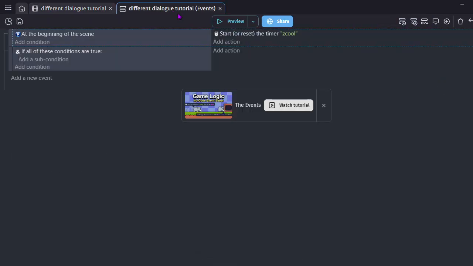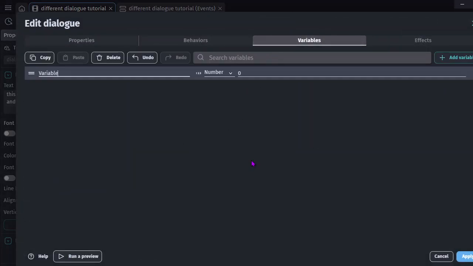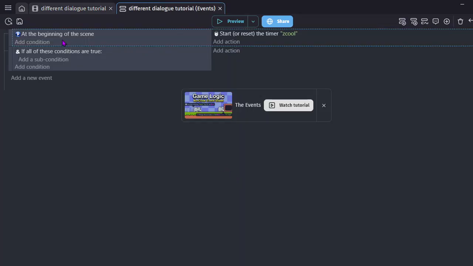So once you have that, you're going to want to do a few things. First off, go into your text and add a variable. You're going to want to name this variable whatever you want to name it. I personally just name it next, and you're going to want that to be a text variable. To do that, you're going to want to go over here. So first off, at the beginning of the scene, start a timer cooldown. Then you'll want